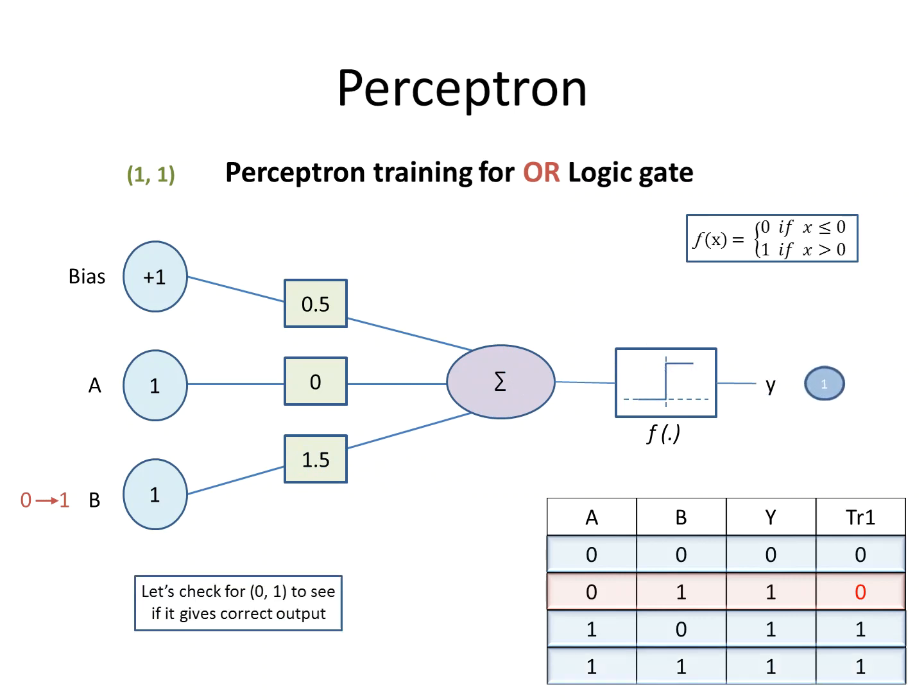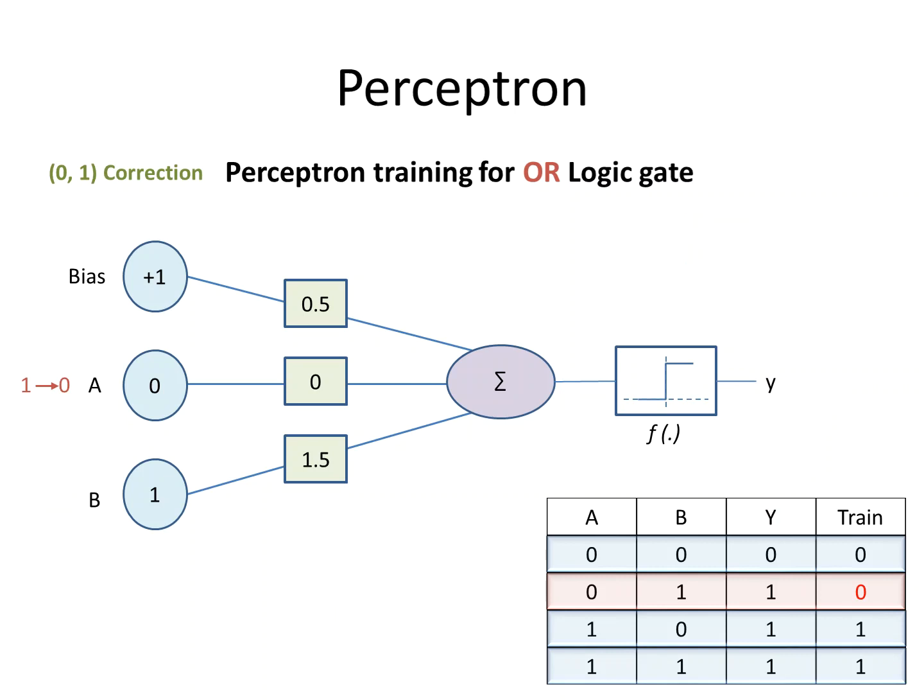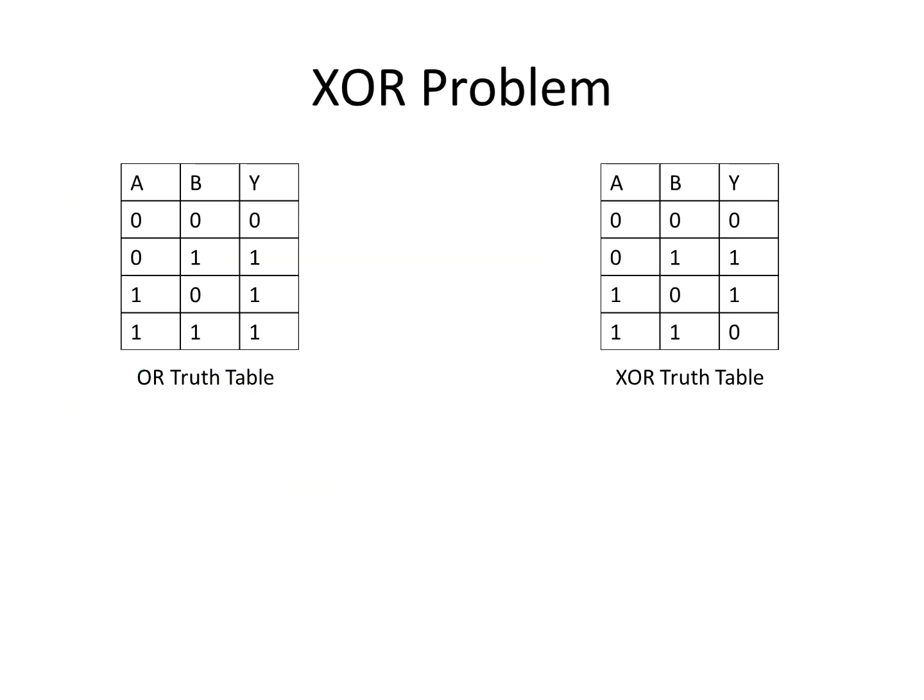The output is 2, and passing through the activation function, it will give me the output as 1. And this is fine now. So let's check for 0 1, which gave me the wrong output with the modified weights. First is bias 1 multiplied by weight 0.5, the first input is 0 and the second input is 1.5. So overall the summation is 2, and after passing through the threshold function it will give me the output as 1. So now this is correct.